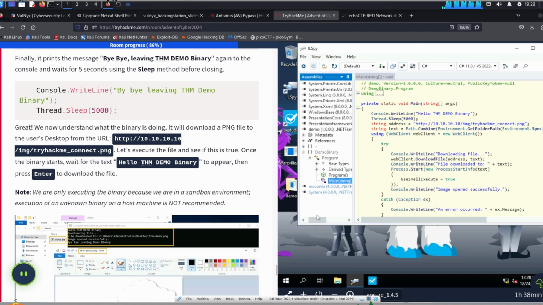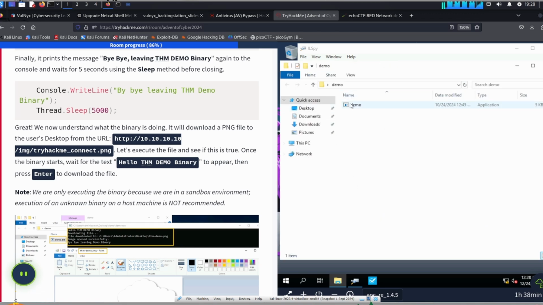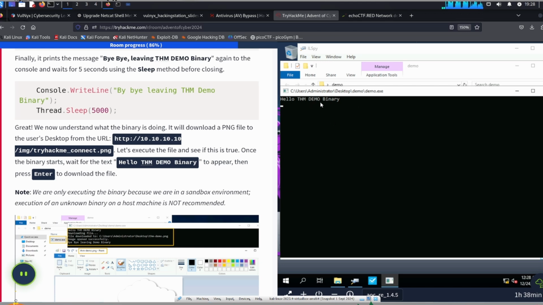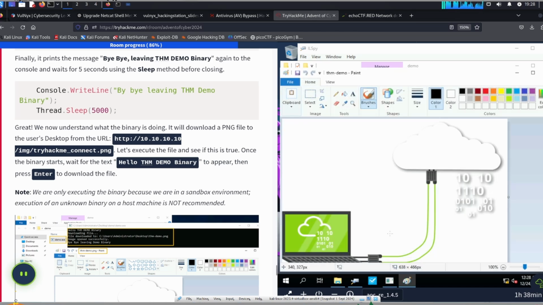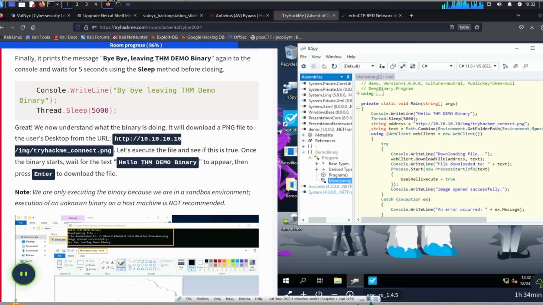All right, so let's do exactly what they instruct over here. We're going to double click on the demo binary here, and we should see hello THM demo binary, and then hit enter, and then it downloads the file, and then it shows us the PNG image over here. Okay, so we just ran the demo binary, and it does exactly what we expected it to do. It downloaded a PNG, and then it opened up the PNG, and so yeah, we figured it out. So let's get out of here, and let's start the second part of